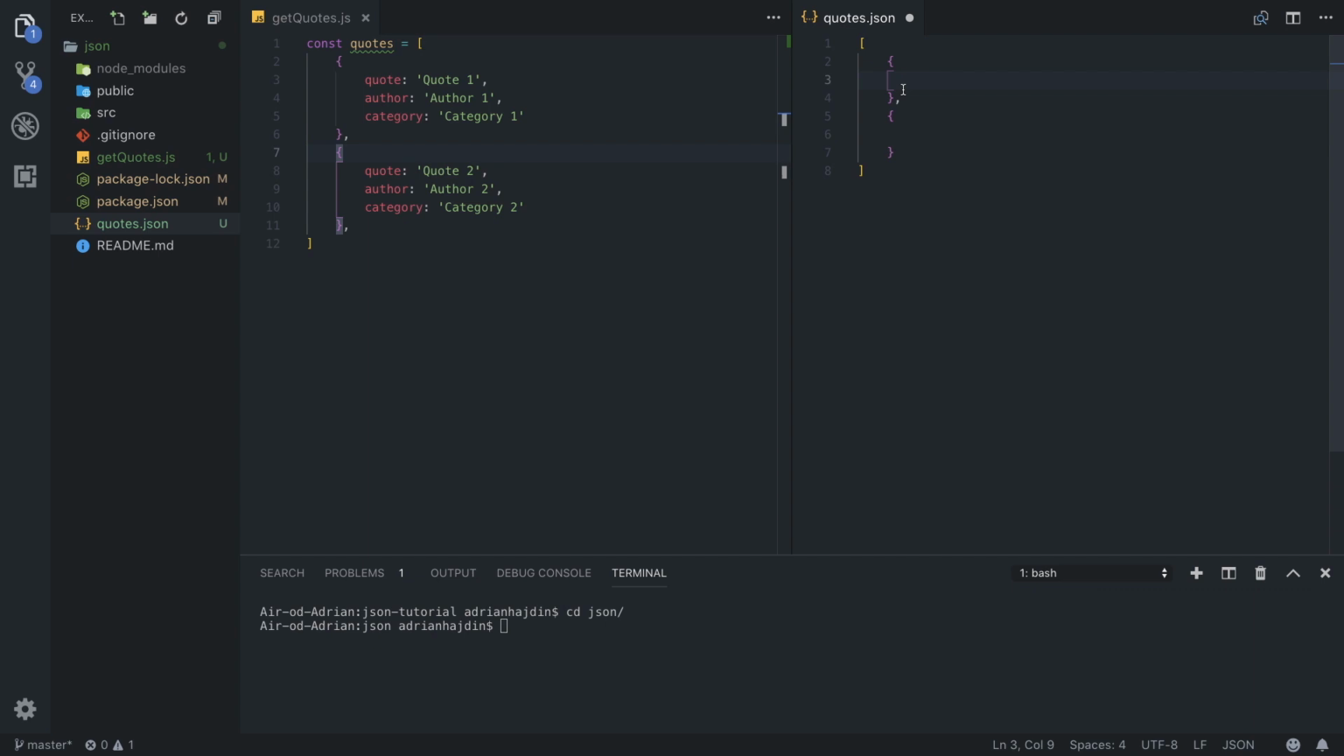Basically, the only major difference between normal JavaScript objects and JSON, JavaScript Object Notation, is that the key also must be wrapped in double quotes. So we'll have "quote" is going to be equal to "string quote 1". So you need to use double quotes. We are going to have an "author" that is going to be equal to "author 1",